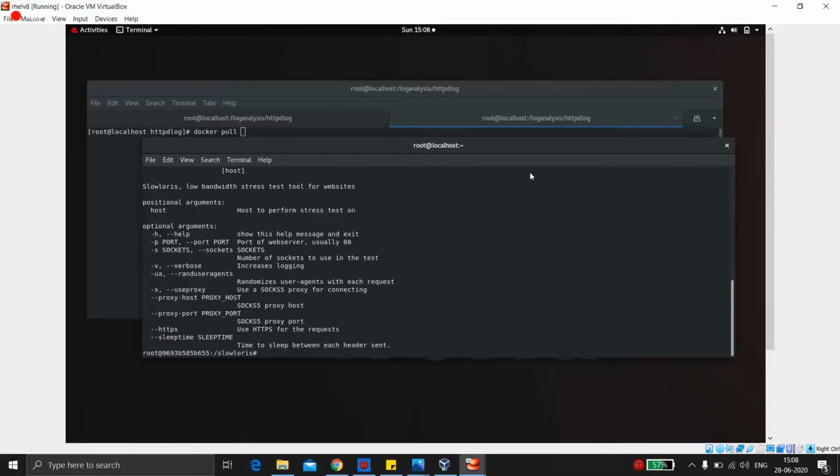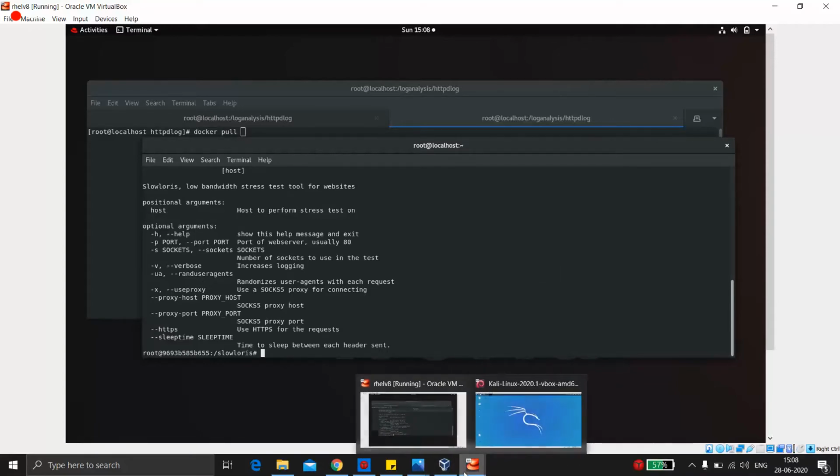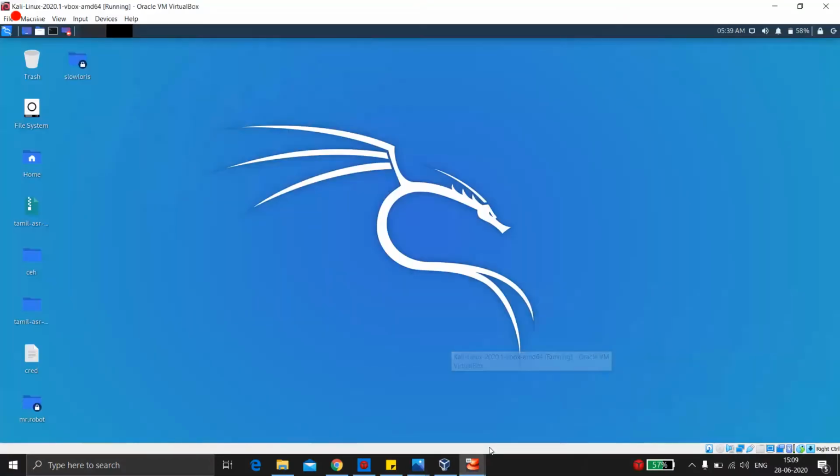Now similarly, we can do this attack from a different VM also. What I'll be doing is just a simple DOS attack. And if we do it from multiple PCs or multiple devices, it's called DDoS, a distributed denial of service attack. So basically we can't create a DDoS attack here anyway.